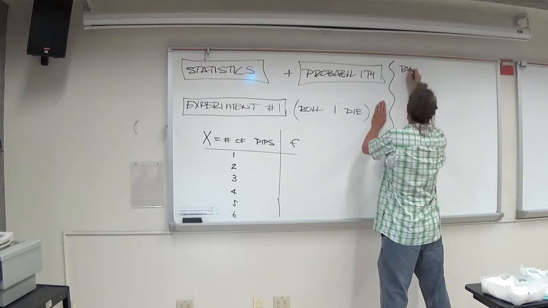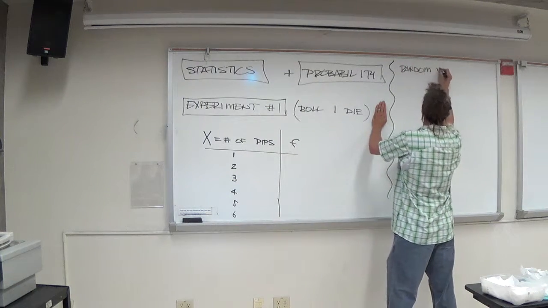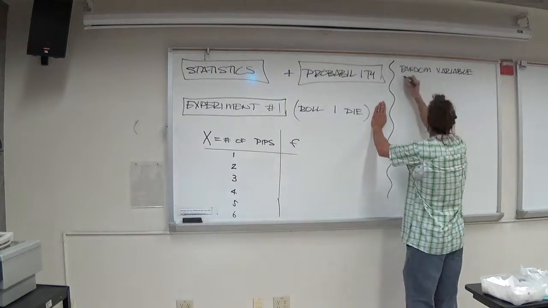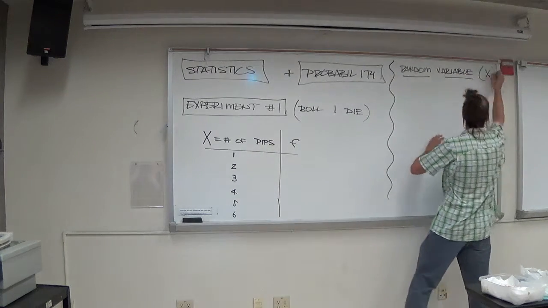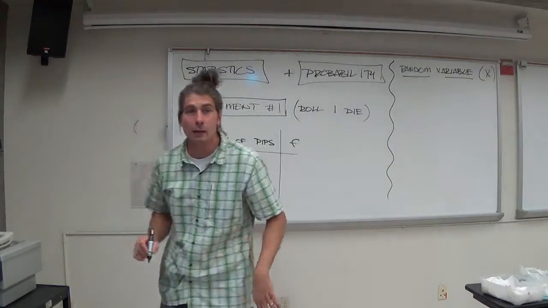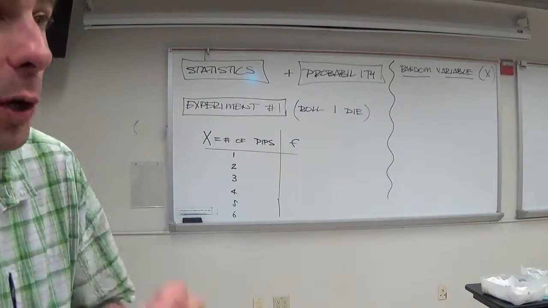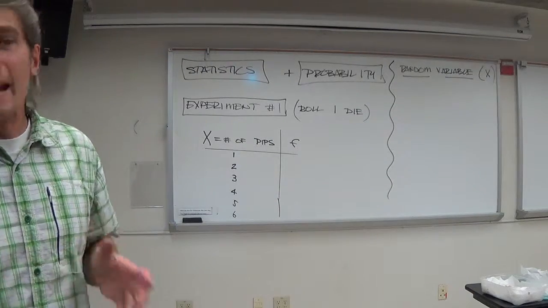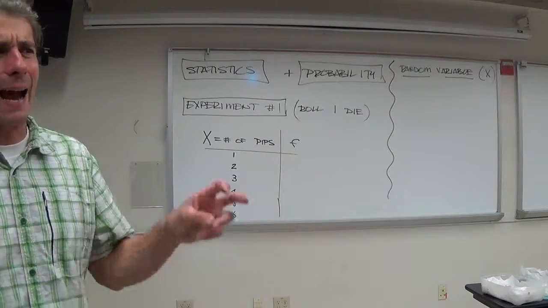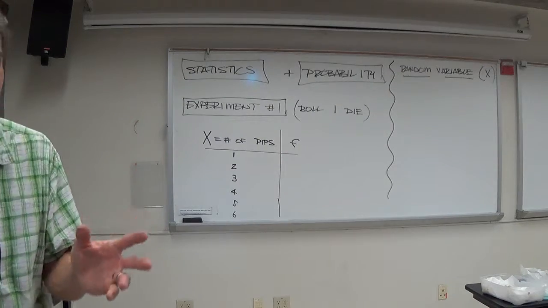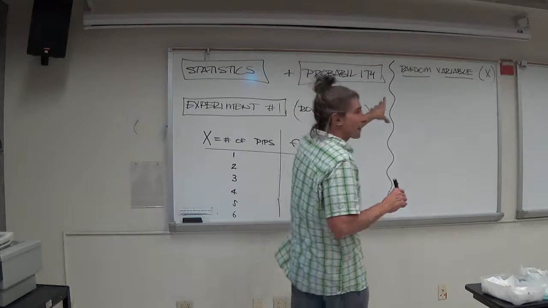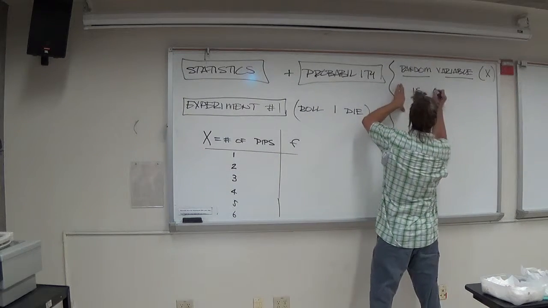A random variable. I'm usually going to call that X, just like I've been calling it all term. All term, we've been collecting data that are X values. Even though they were data and not technically random variables, they were, to some extent, random variables. Let me explain why. What a random variable is, it's a value